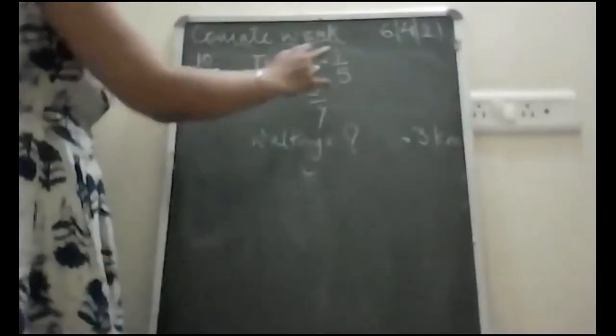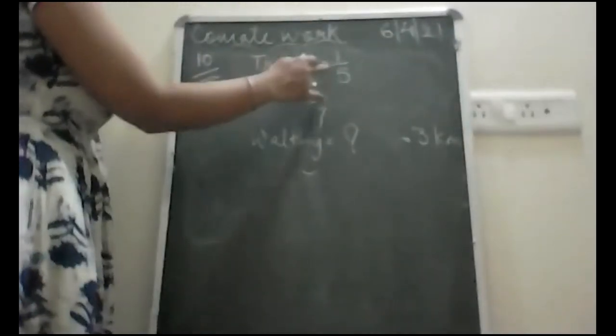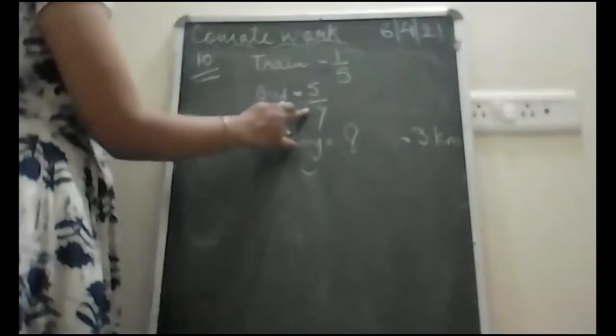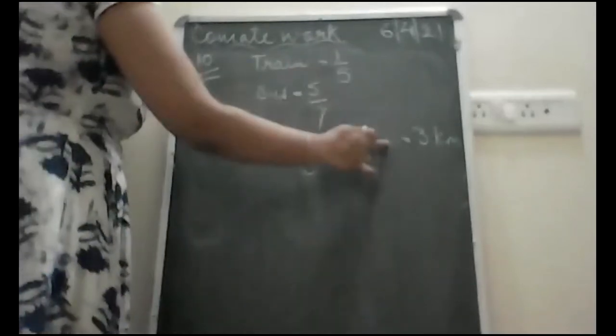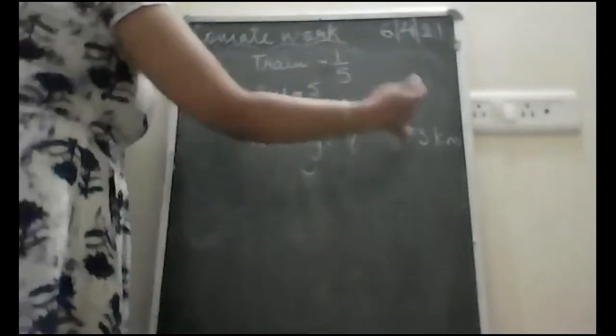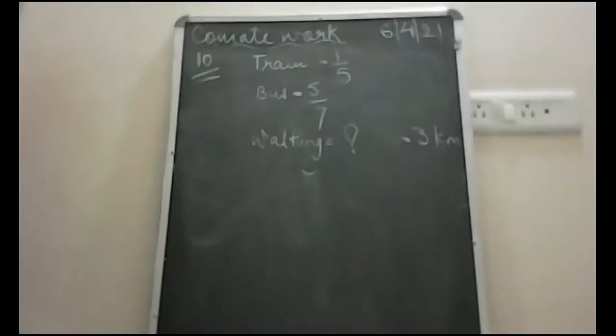Now, as you all can see, we don't know the total journey over here. It is written in the form of fraction. It is also written in the form of fraction. But this is not written in the form of fraction. It is written in a normal form. ठीक है? So, अभी हमको सबसे पहले क्या करना चाहिए यहाँ पे?